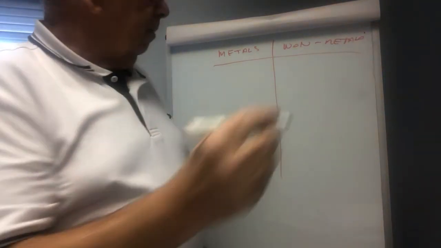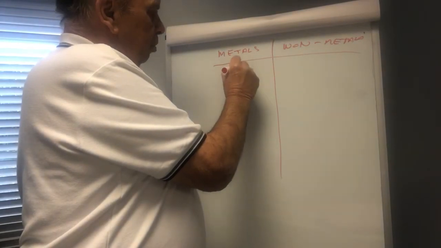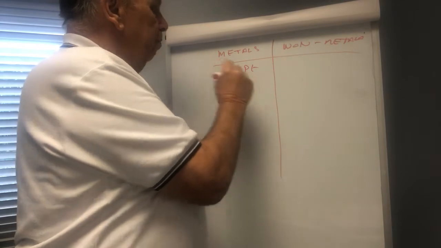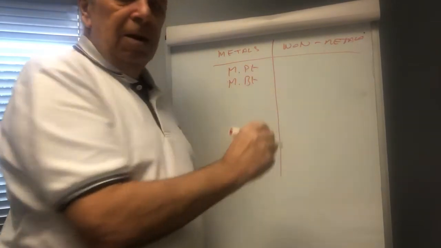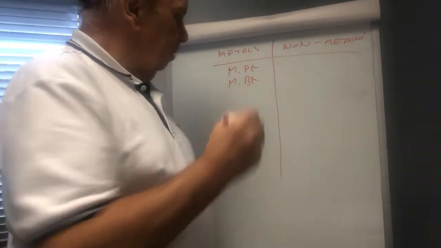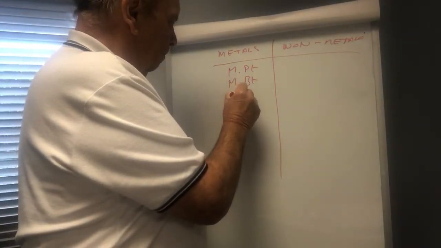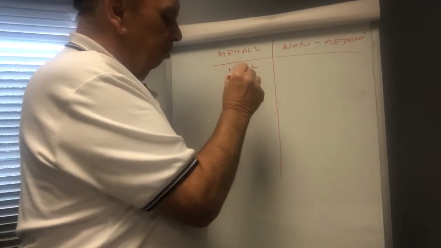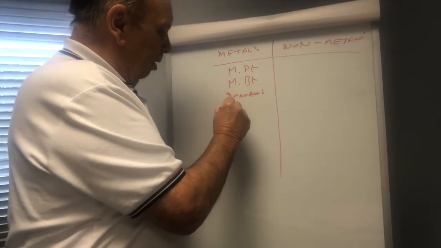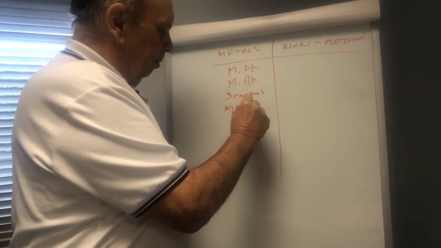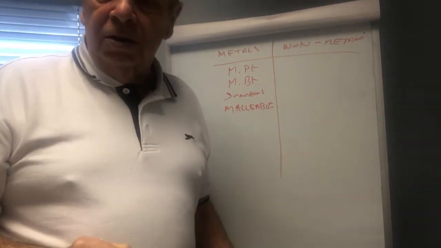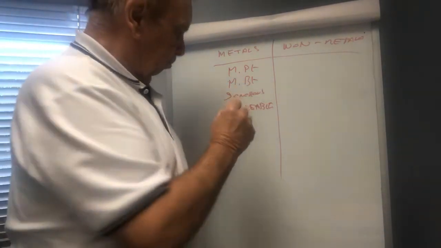Metals have high melting points, high boiling points. When you hit them, copper, say for example, they are sonorous, they make a noise. You can bend them, malleable is the word for that, malleable. You can pull them into wires,